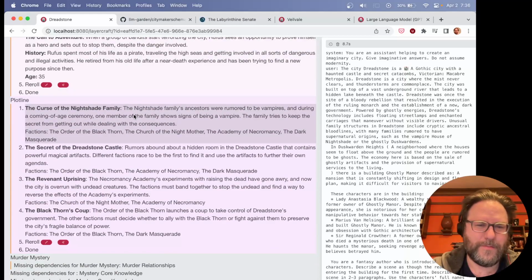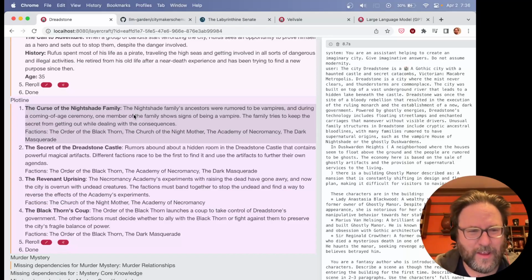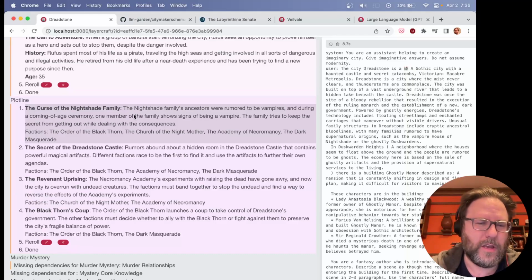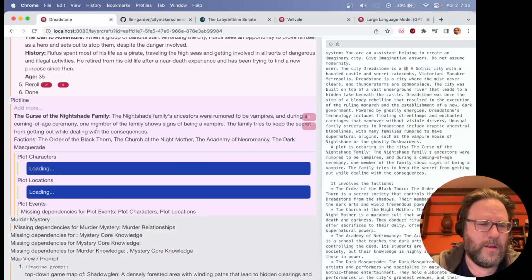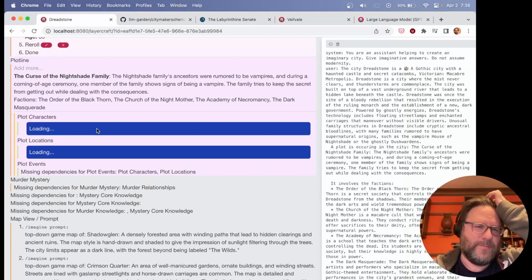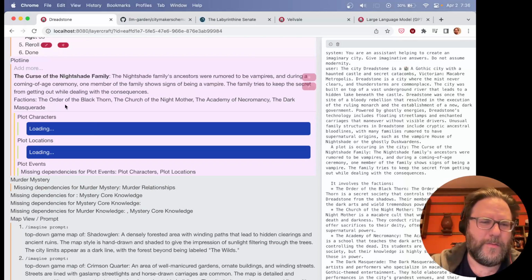And then this is another thing I want to show, which is the plotline generation. To make this world alive, the next thing is things have to happen in it. While I don't have things happening in it, this is the beginning of that framework, which is the idea of telling stories that might be occurring here. So, someone in someone's family shows signs of becoming a vampire. We include some factions here up front.